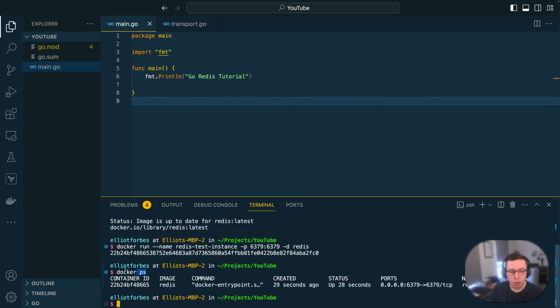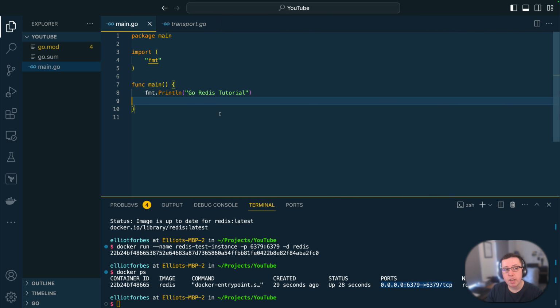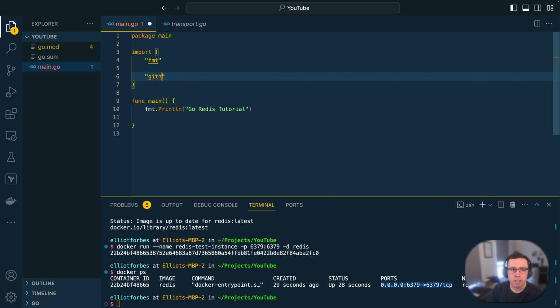Now, if we run docker ps, we can then see all of the containers running on our local machine, and you can see that we have our Redis image up and running, and you can see that it's bound the ports successfully. Let's dive into the main.go file within our Go application, and we'll start off by importing the github.com/go-redis/redis